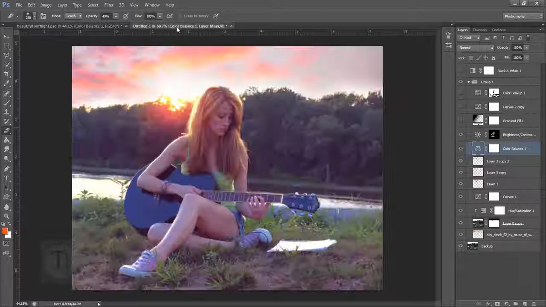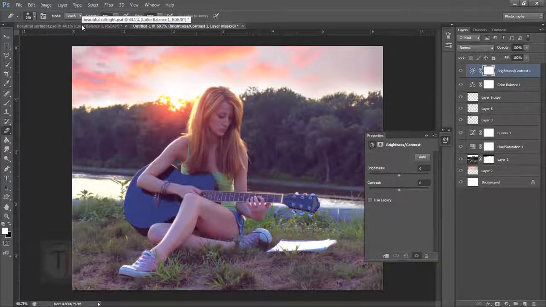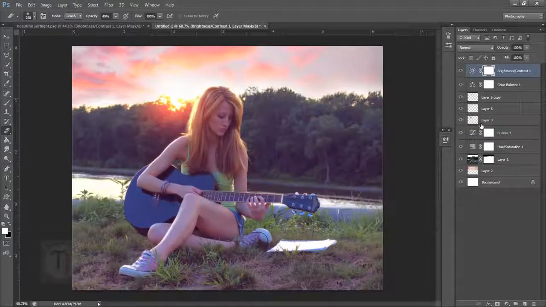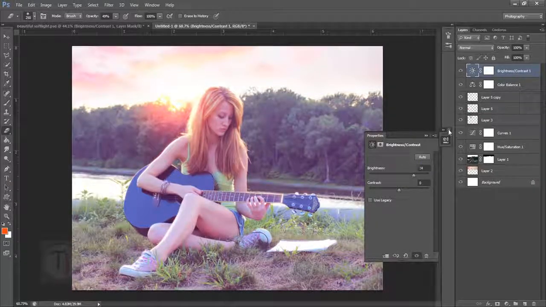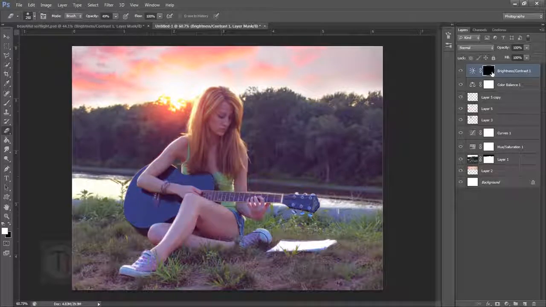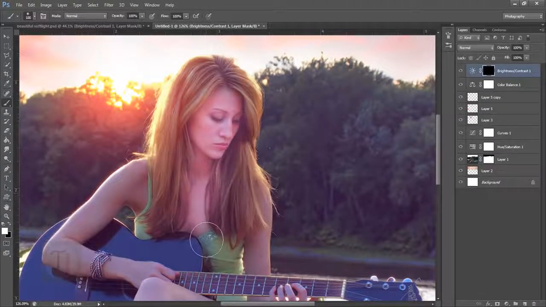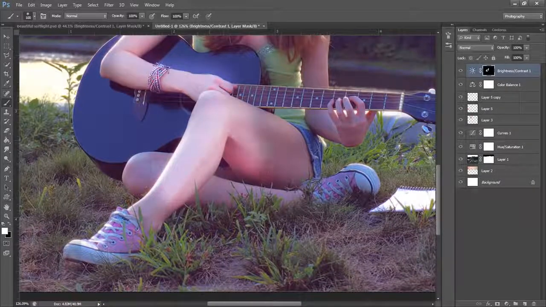So let's go back and create that fake brightness on her body, especially on the skin. So select brightness contrast. I'm gonna go back here and let's see the numbers. Plus 74. So I'm just gonna double click on it and use 74. So it's already super bright, but select your mask and press Ctrl I, so it will hide everything. Then grab your brush tool, select a white color, and then paint on her face and on her skin. Take your time and paint it with good patience,